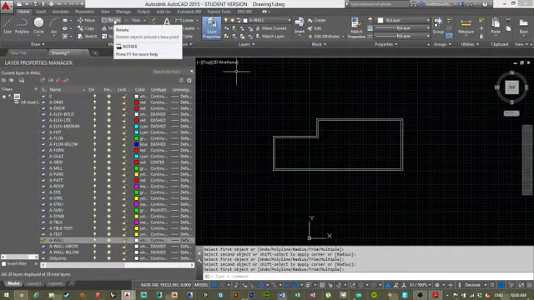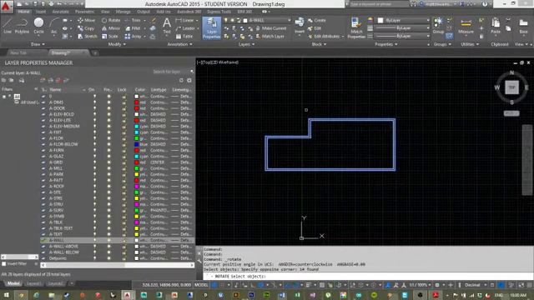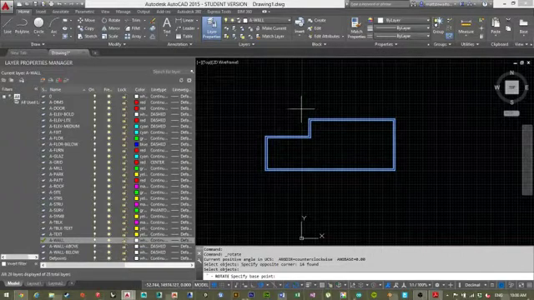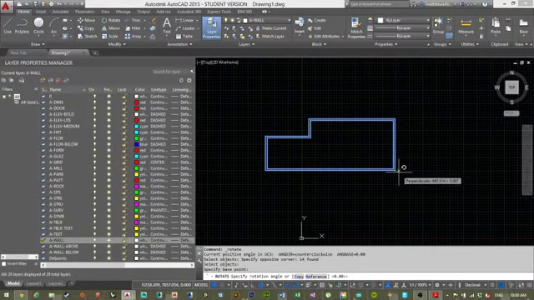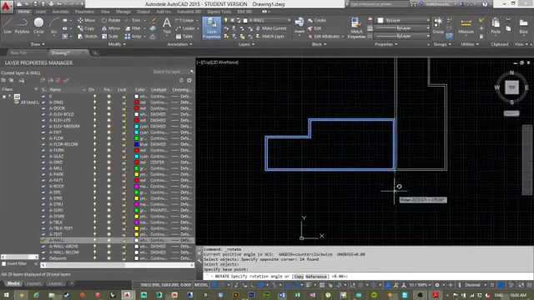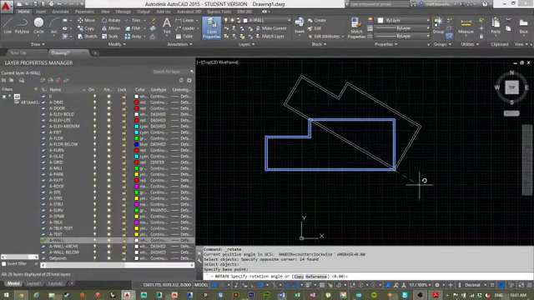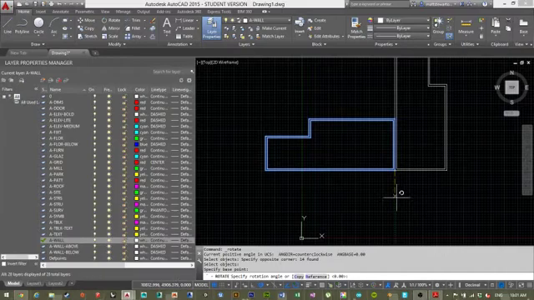So rotate here. Obviously rotate's pretty self-explanatory, but if you select your object and click rotate, it's going to ask you for your base point. So it's giving me my base point here. And obviously, if I wanted it 90 degrees, it's automatically going to snap at 90 degrees. But to get a lot more control on that,